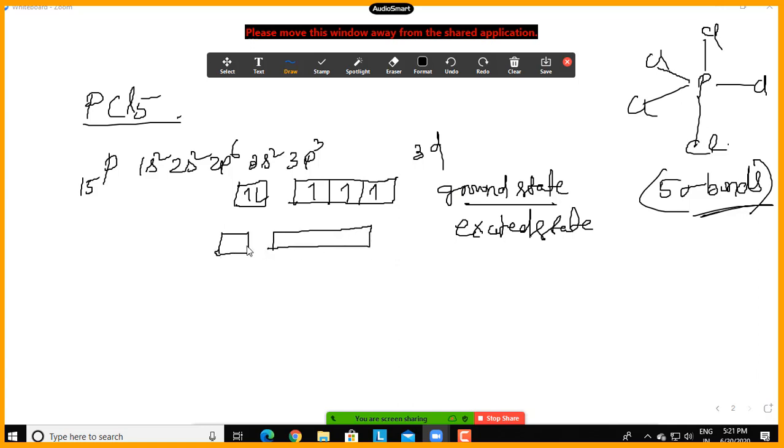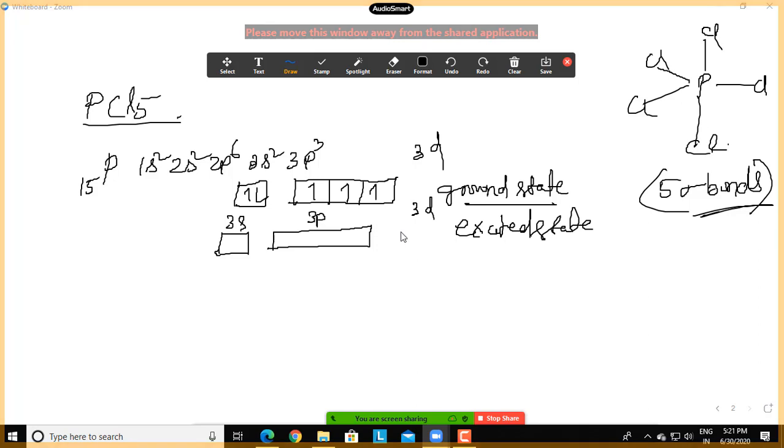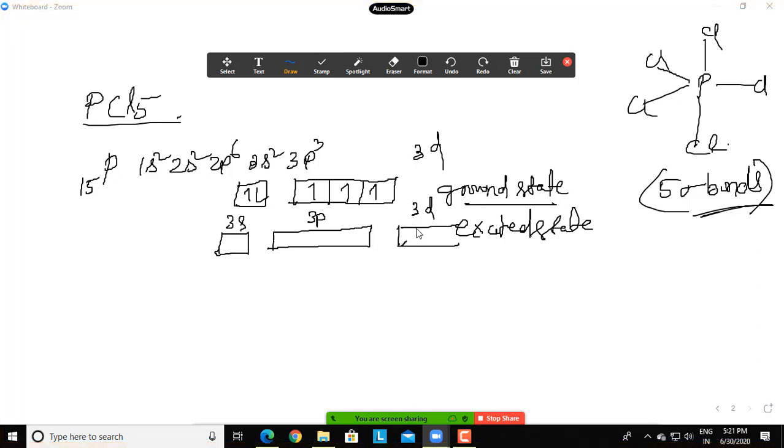Let us write 3p here. This is 3s, 3p here, 3d. So some of the electron will jump to 3d. So if it will jump to 3d,